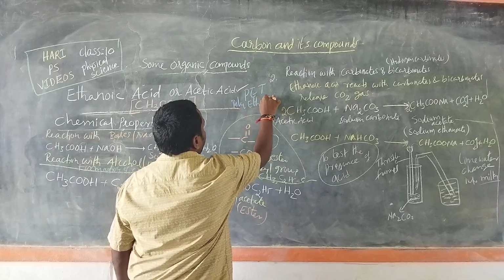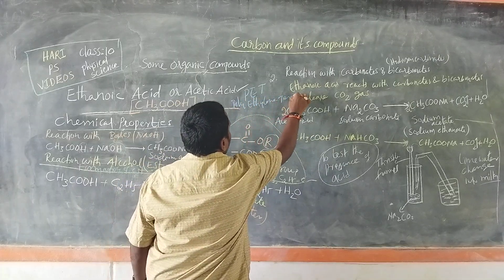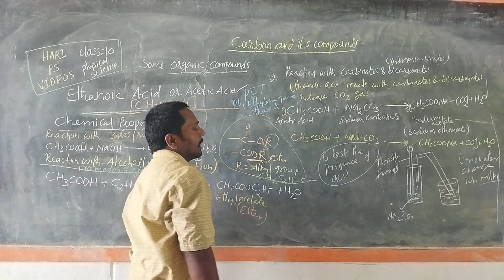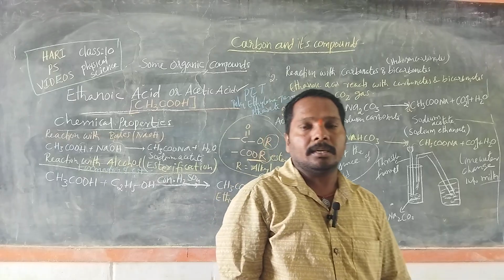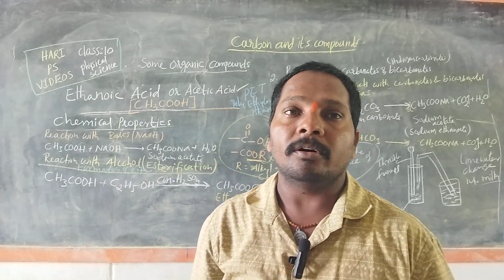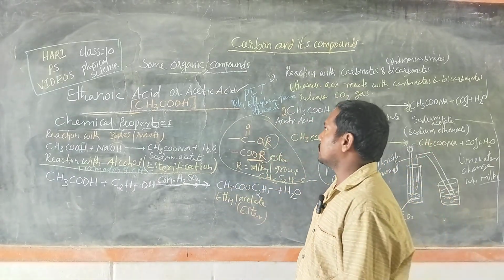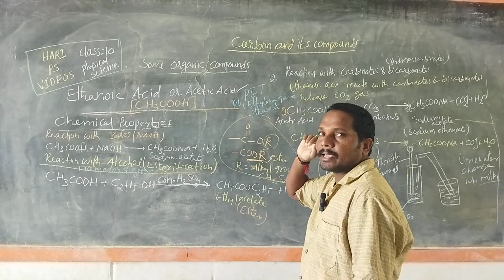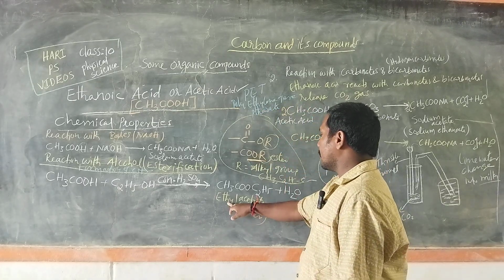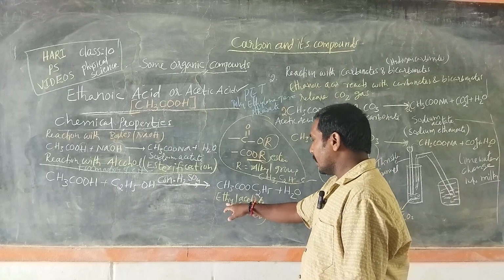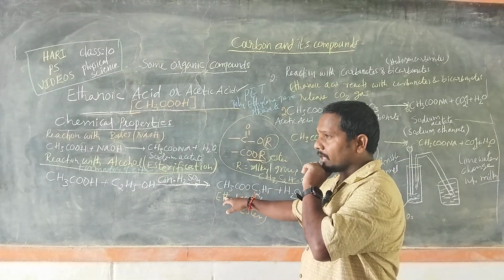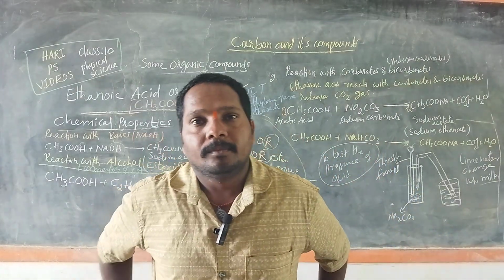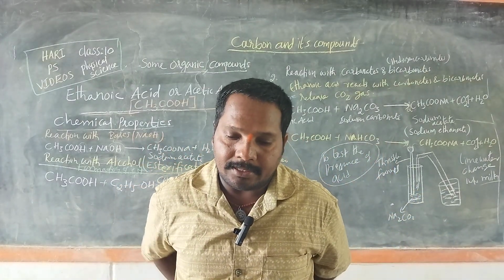polyethylene terephthalate is a kind of plastic, so it is made up of esters. So terephthalate is the ester. So here, ethyl ethanoate, right? So polyesters